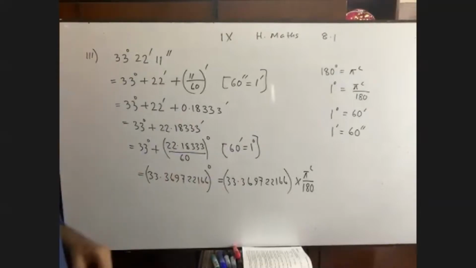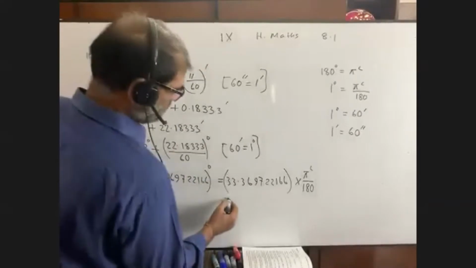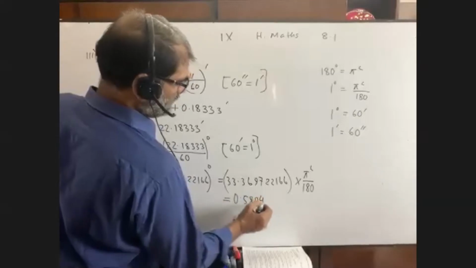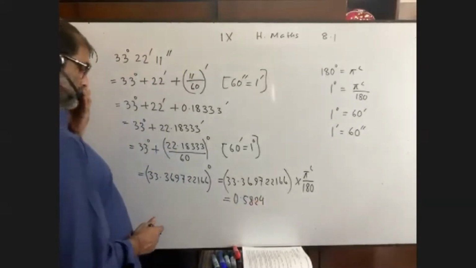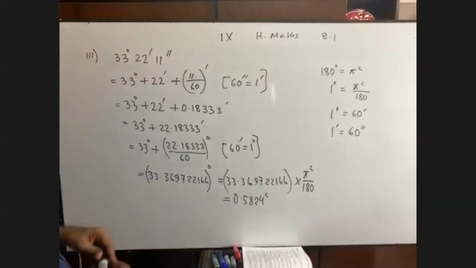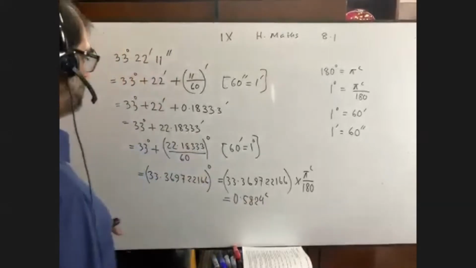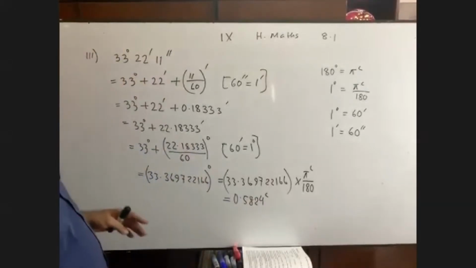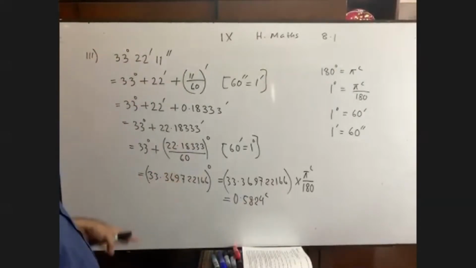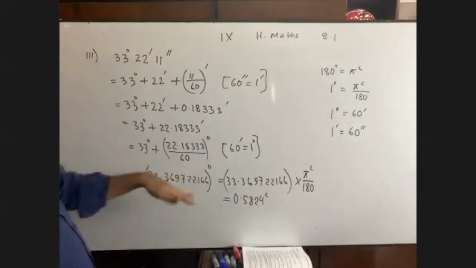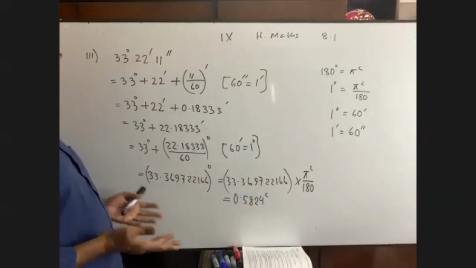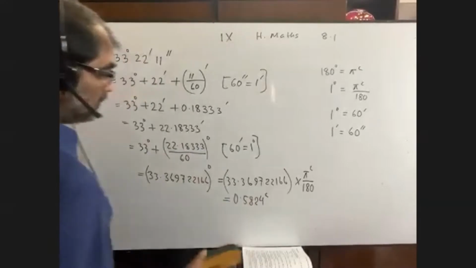Sir, 0.5824 approx. 0.58, then 12884. Okay, that's good, radian. So it is the answer, okay? So we convert the degrees into radian. Now, you see the previous one and this one. For this math, you have to calculate 3 times, but for the previous math, you calculate it for only 1 time. So it is up to you the way you will follow.